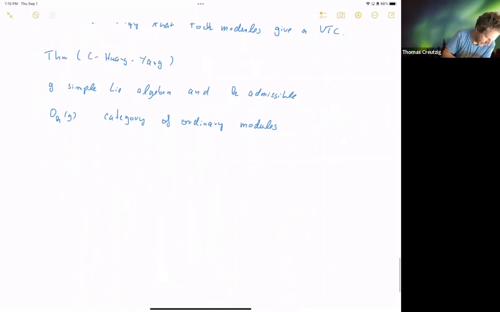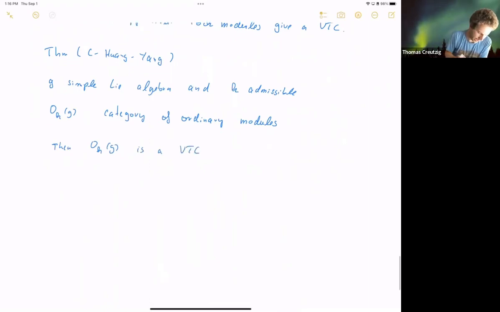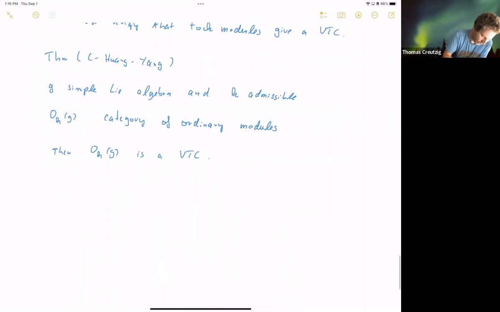So then our statement is that this category is a vertex tensor category. And in fact, subsequent work also established rigidity and fusion rules in many cases. So that's good news, but it turns out for all the remaining things, just the existence of the vertex tensor category was the most important ingredient. The rest you somehow got for free using other nice results.